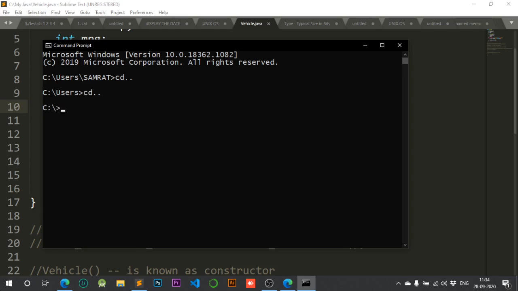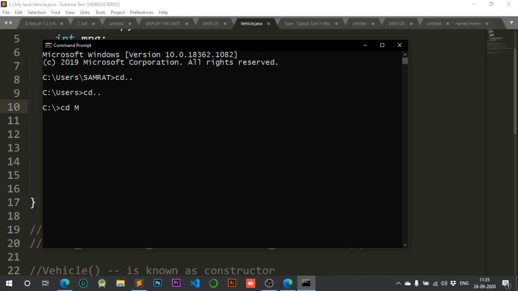After reaching the C drive, I have to change my directory to my Java folder. So I will write cd, then give a space, and then capital M, because my folder name starts with capital M. I will not write the entire name because it will take some time. There is a shortcut, the tab key, through which you can automatically fill your folder name.